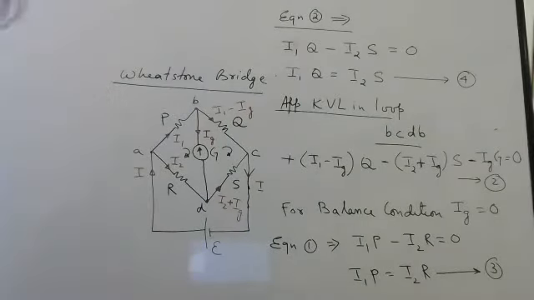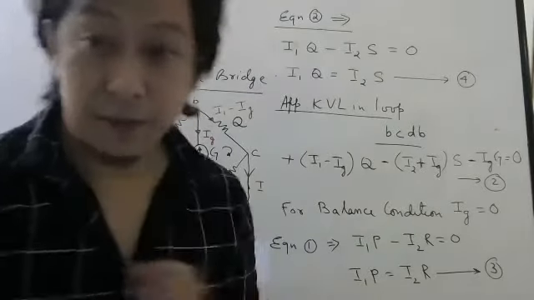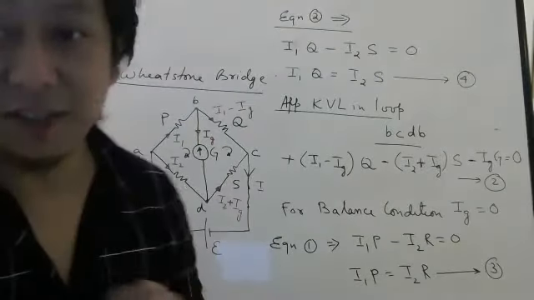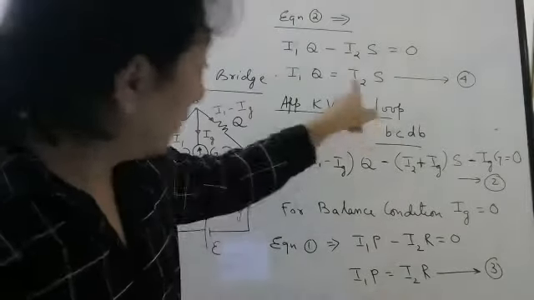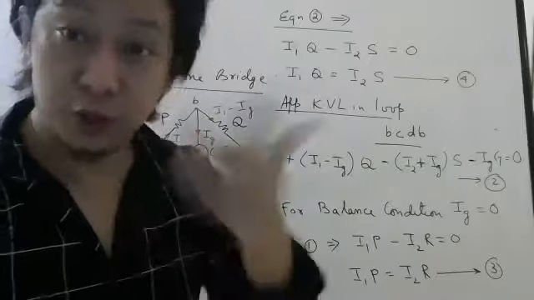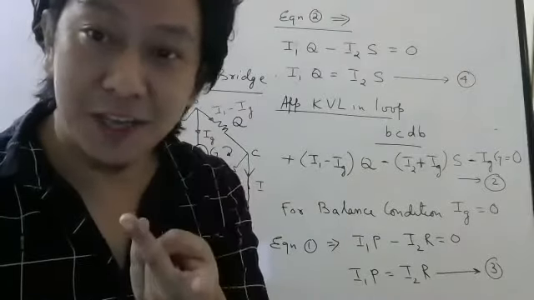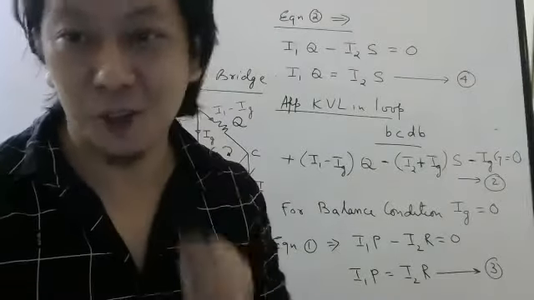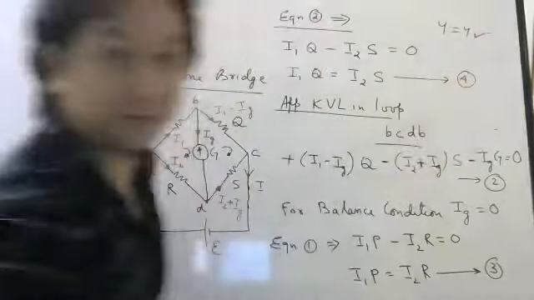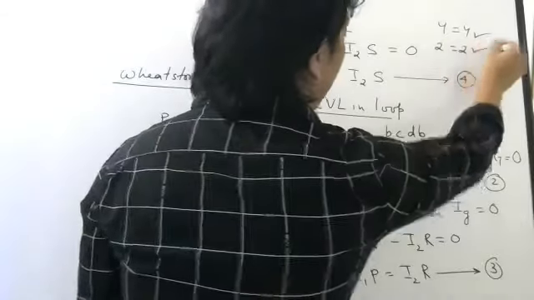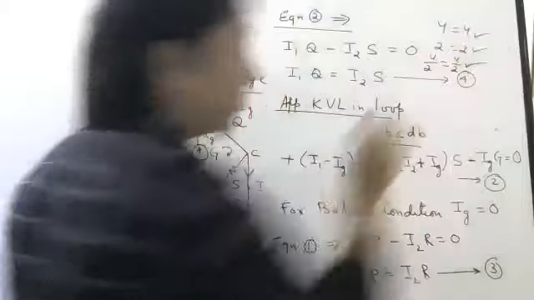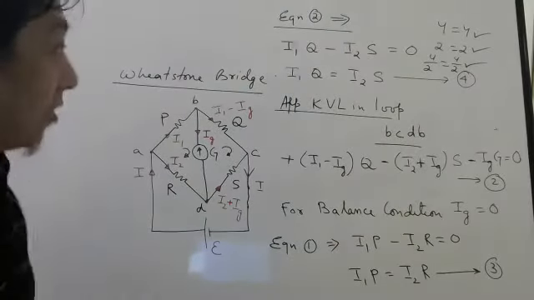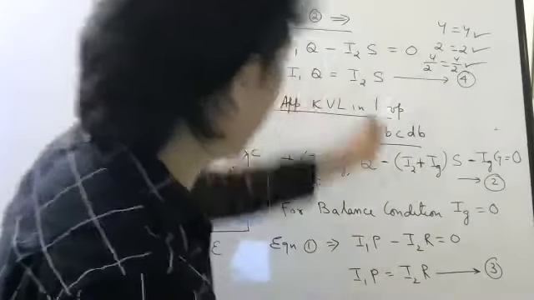Correct. Now, listen carefully. That means for the circuit to be balanced, for no current to flow here, this equation should be satisfied. This equation also should be satisfied. Both should be satisfied. Now, if both equations are satisfied, their ratio also should be satisfied. 4 equal to 4, correct. 2 equal to 2, correct. So the ratio also will be correct. 4 by 2 will be equal to 4 by 2. That is also correct. So we will take the ratio of equation 3 and 4.